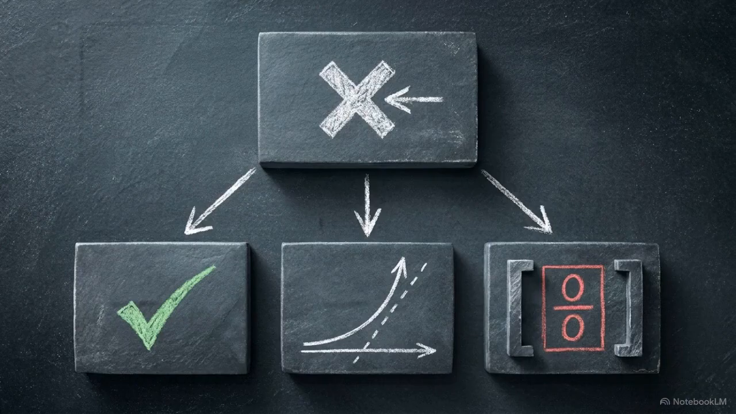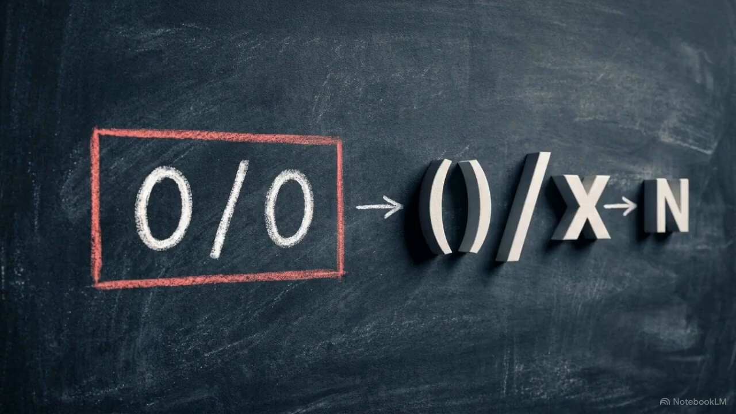For limits, use this checklist. Substitute first. A real number solves it. Constant over 0 indicates asymptote. 0 over 0 is indeterminate. Factor, cancel, substitute. Managing limits means matching the